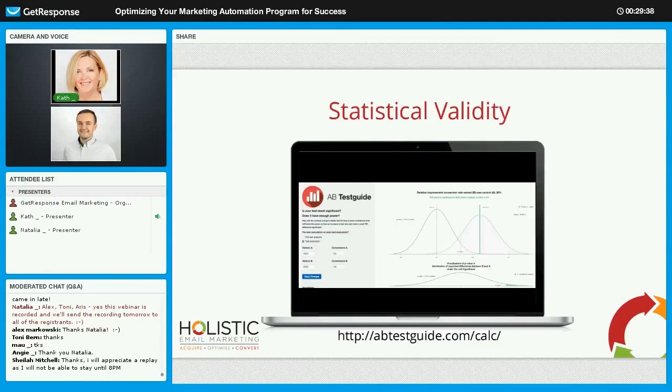Now, I mentioned before statistical validity. That's a good word. And this is talking about the statistical confidence. And there's a URL here. There's a few of them out there. Make sure that you're doing this to make sure that you are implementing a valid result, because you don't want to be implementing an invalid result, because it could be leading you completely and utterly astray. So this is really talking about how some of these tools will also give you the sample size that you need to be using in order to be able to gain a statistically